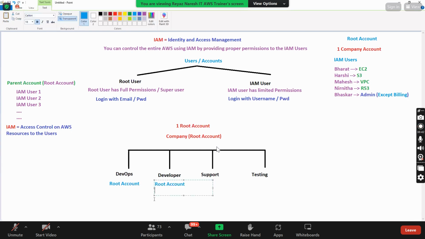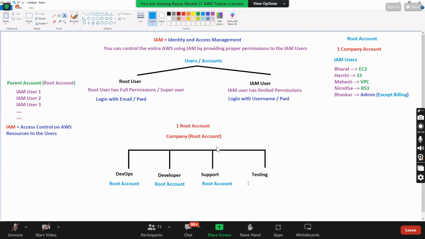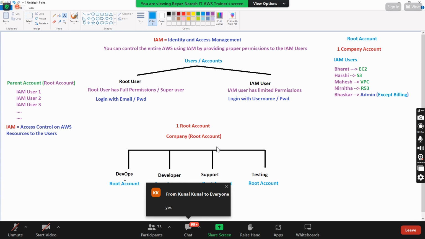Developer, have your own root account. Support, have your own root account. Testing, have your own root account. Yes or no? So now, as they have their own account, can these DevOps people or admin create their own IAM users? They can create, no? So developers can create their own IAM users? Yes. But